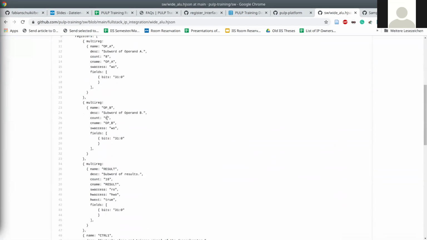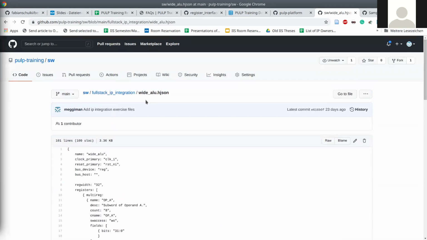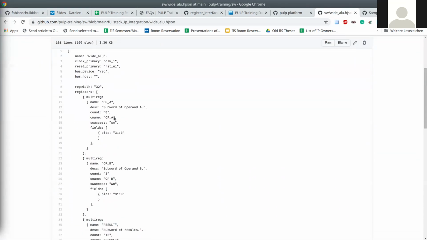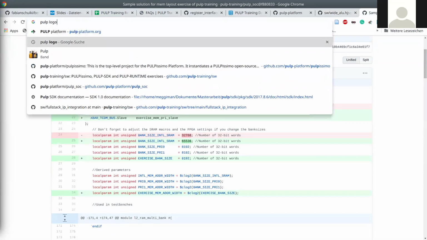So you will have a look at this anyways, but I will quickly show you. So this is the HJSON register file description for our IP. We define the name of the IP and we define the width of the registers, 32-bit, and maybe this line is important, bus device. This means we want our auto-generated register file to use this generic